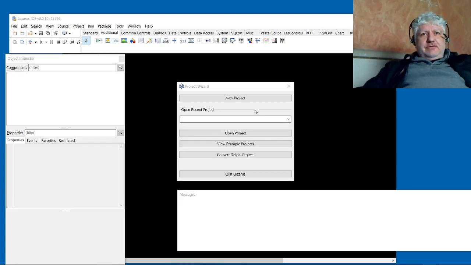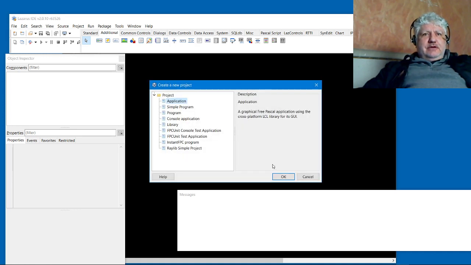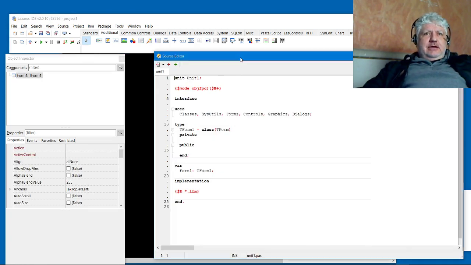Alright, so I've been trying to figure out this flicker problem, so I thought I'd share what I've been doing and what I've discovered and what I think I've managed to do in order to kind of fix things. So let's start out by creating a new application and